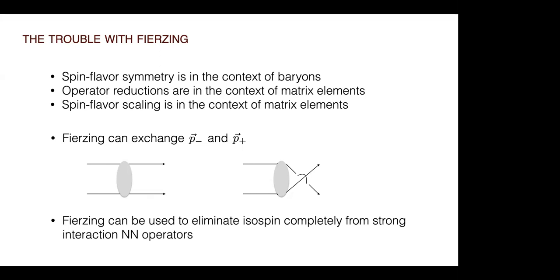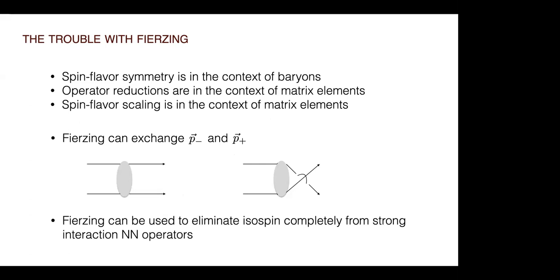Well, what goes wrong is that you have to take into account that you're not talking about the analysis of these operators in and of themselves. It is the matrix elements of the operators. And that is where Fierzing can get you into serious trouble, because not only can it exchange these different momenta that scale differently within N_c, whether or not you pick the initial binding one to be of a particular order or not, the relative is going to be different here. And also,